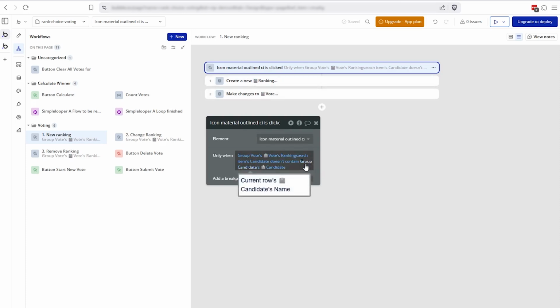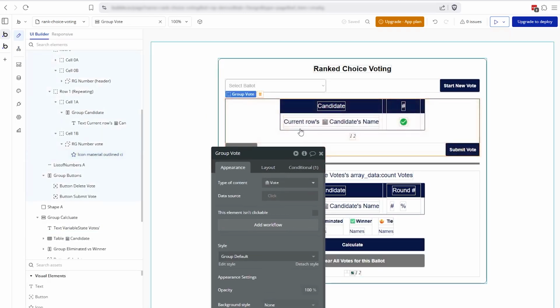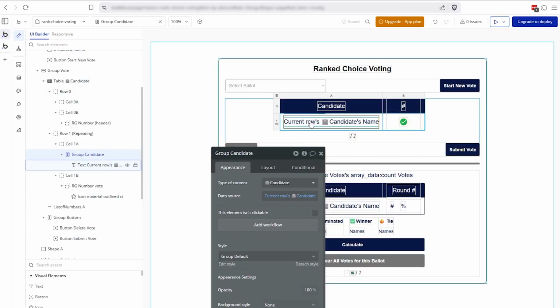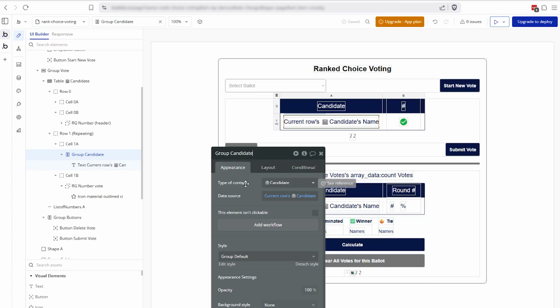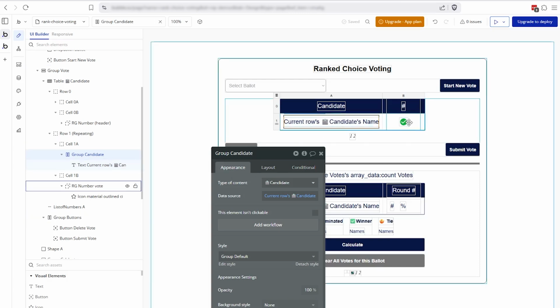Now you'll see here in my expression it says group candidate's candidate. I have designed this so that I have a group holding the name. This group is very helpful because the group can pull in the row's candidate, and I can access this reference to this candidate from within the repeating group. You sort of lose relationships once you have nested repeating groups and tables and things like that. So by intentionally creating a source that you can get to by naming the element, you give yourself a really helpful shortcut. Okay, so group candidate is how I can reference the row's candidate from within the repeating group cell,